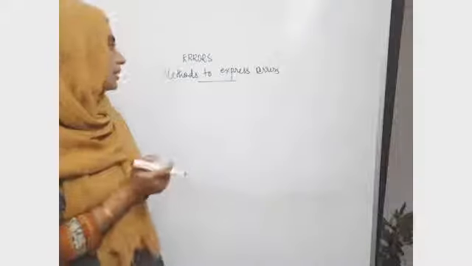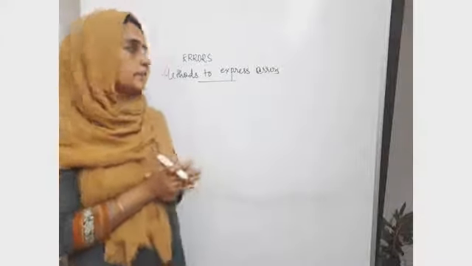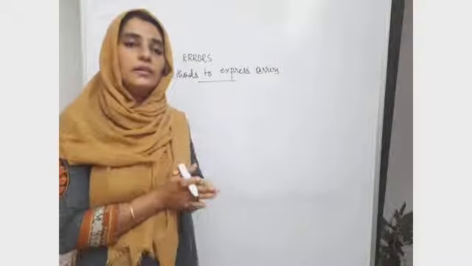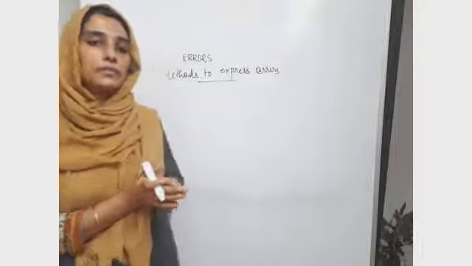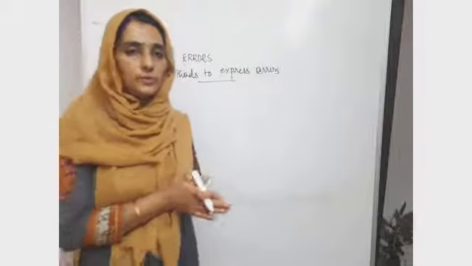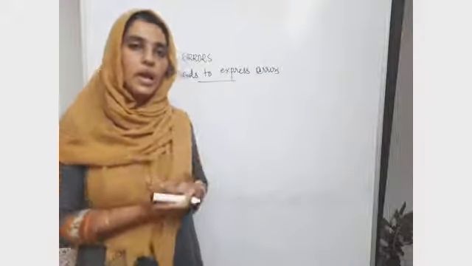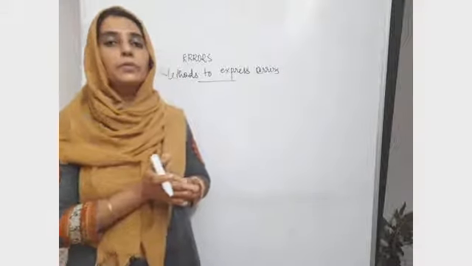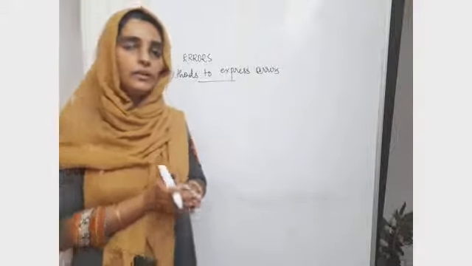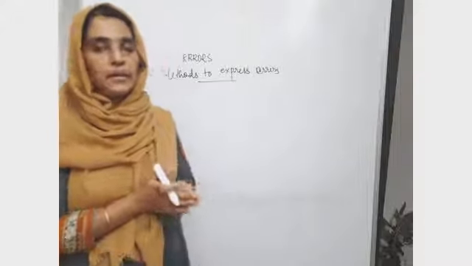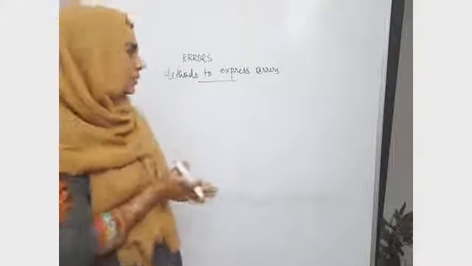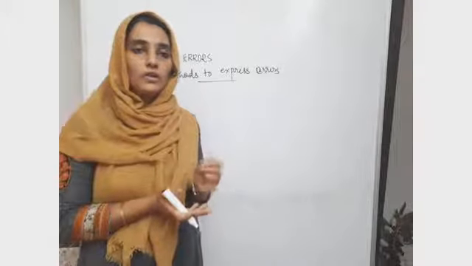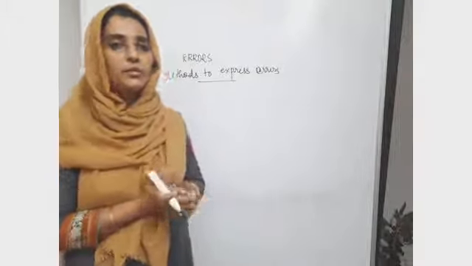Hi everyone. So today let us discuss different methods to express errors. We have seen what errors are. Errors are basically defined as the difference between the true value and the observed value. That is, when you take an observation and if the observed value is different from the true value or the standard value, then you can call it an error in that particular observation. So, error is the deviation of any quantity or any observed value from its true value.